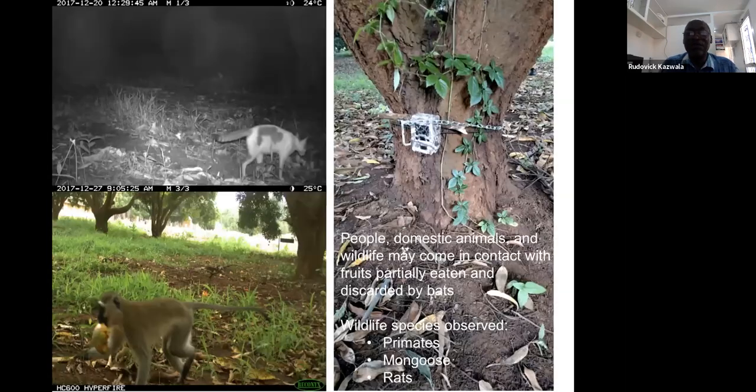We did look at where these bats are foraging, or finding the fruits, and which other animal species or other mammals go in there. And you could see through these infrared cameras a jackal, but also in the morning, you could see non-human primates come and take the remains from the bats. So it's possible for viral transmission.